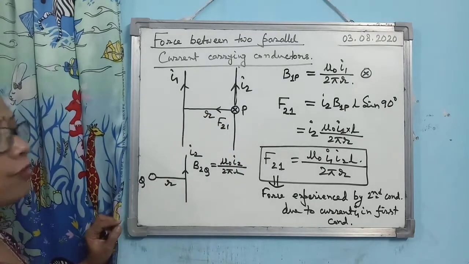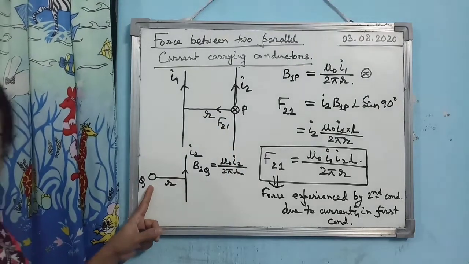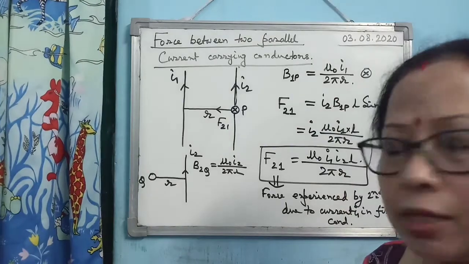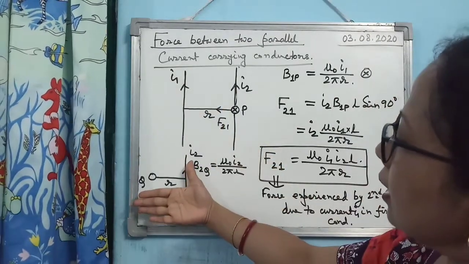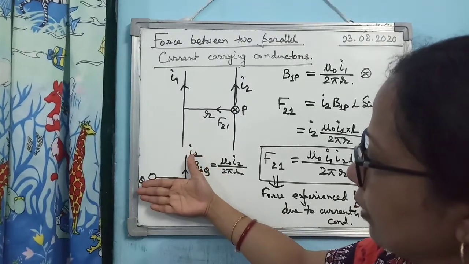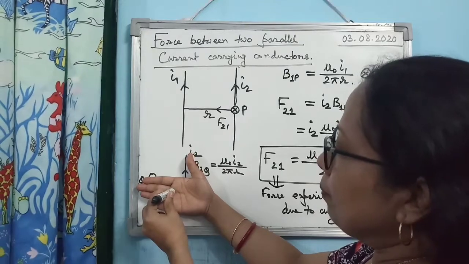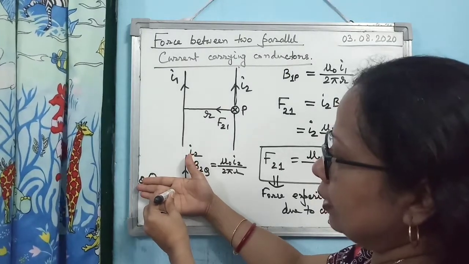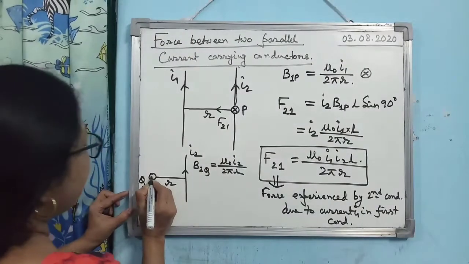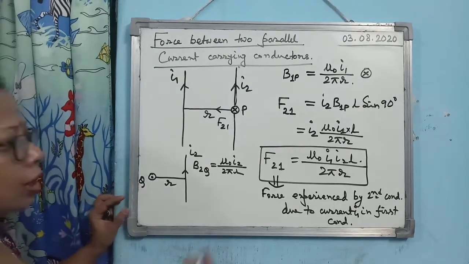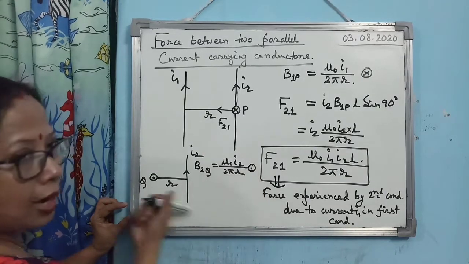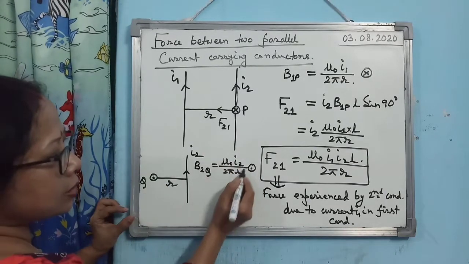Clear? Now we will find out what is the direction of the magnetic field at the point Q. Again we will apply the right hand palm rule number 1. So how to apply it? Along the thumb, the current, four fingers towards the point of observation. Then if you draw the perpendicular, that will be the direction of the magnetic field. So you see the direction is outward. You can write this with a dot. So here you should write that this is a dot and this is the direction of the magnetic field, perpendicularly outward, and this is the magnitude.